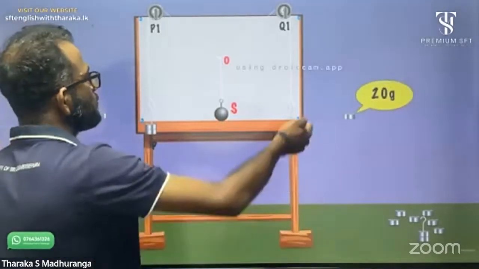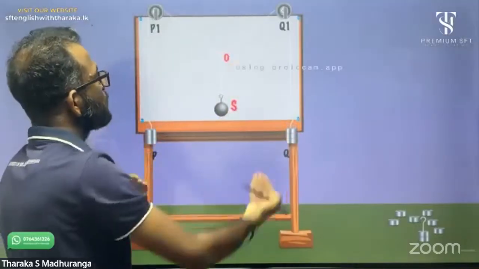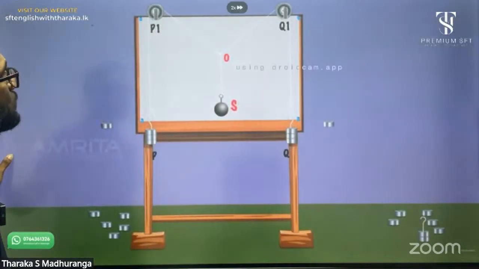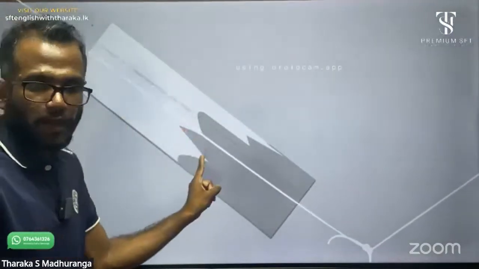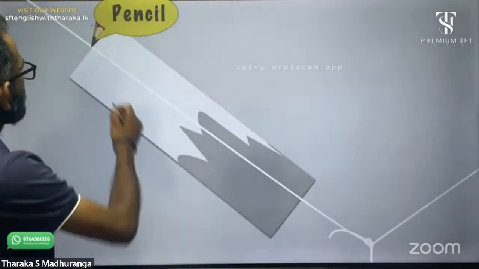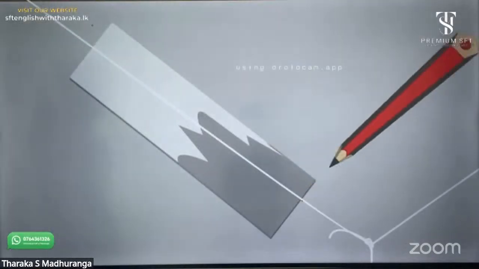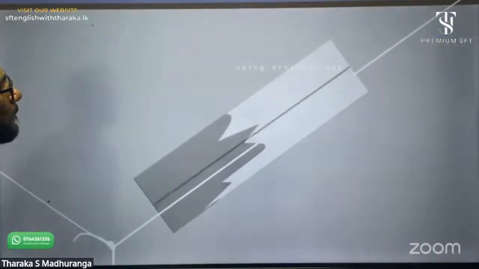Okay, increase the force until it comes to the correct height. Place a mirror strip beneath the thread and mark the points with a pencil. This is the marking process. Mark the point where the thread coincides with its image in the mirror. Mark this point and this one. Do this for the other two threads.